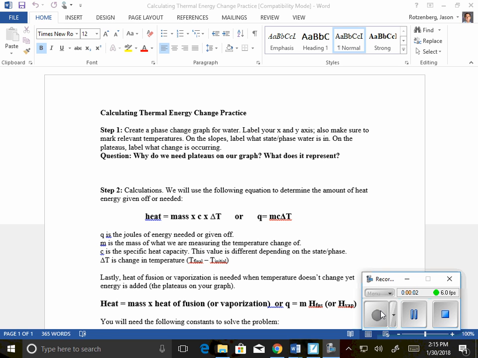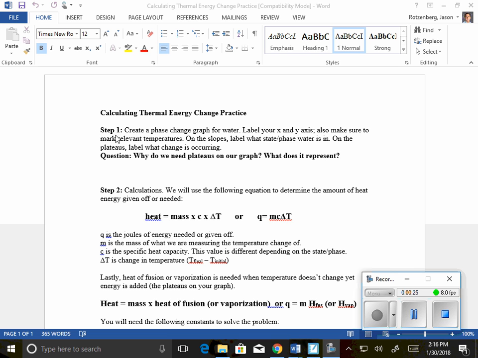This is the audio notes on how to do calculating thermal energy change. So the math that we're going to do with phase change. If you have this handout, what I'd like to do is go over it step by step, starting with students doing step number one. On the back of the sheet of paper, I'd like you to create the phase change